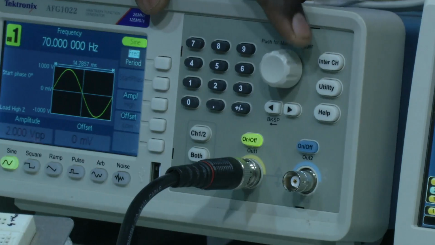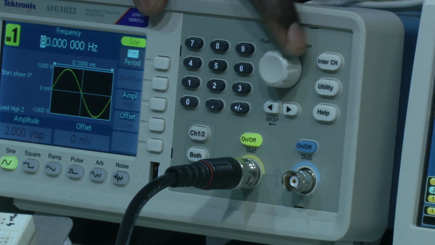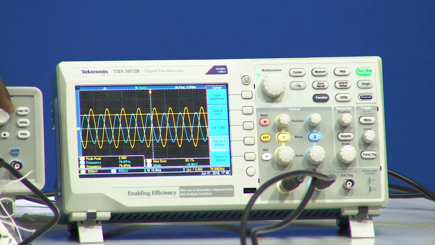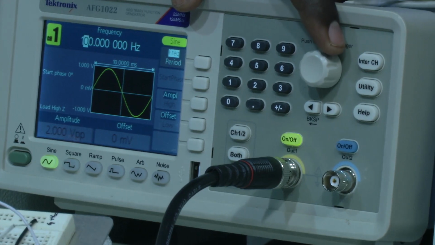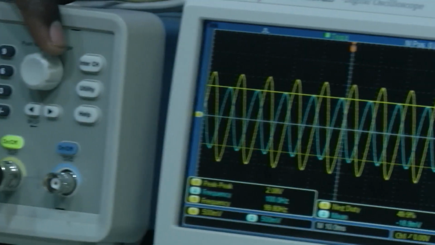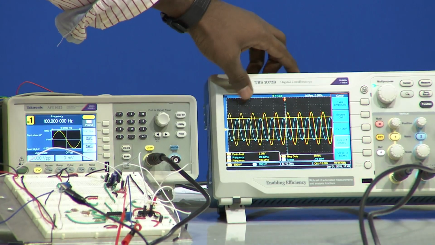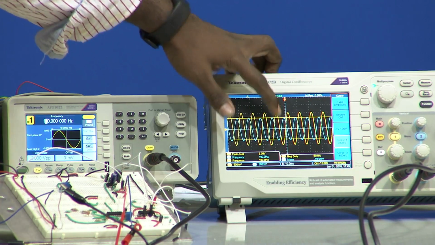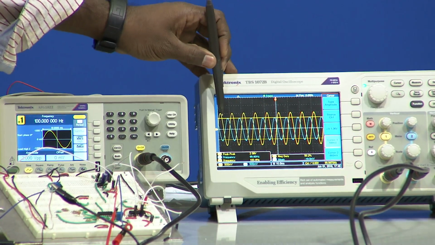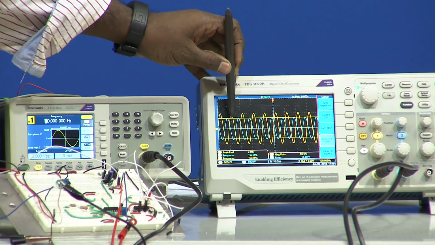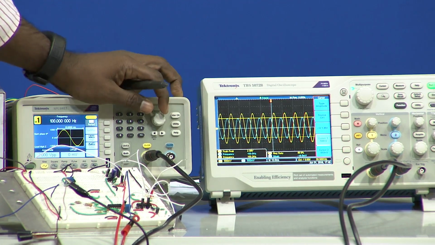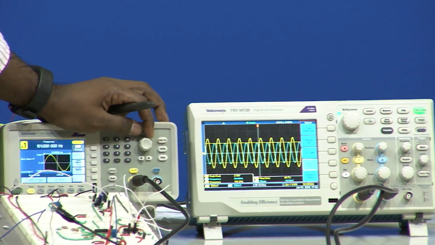Then 80. Even at 80, observe it is greater than the threshold value. So the threshold is at 700 milli, right. Then again I am going to 100. Right. When I look into the oscilloscope, I can see that it is very close to the cutoff, very close to our 3 dB line, which means this is almost near our 3 dB line. So I will slowly increase the input frequency and we will see at what point it starts decreasing.